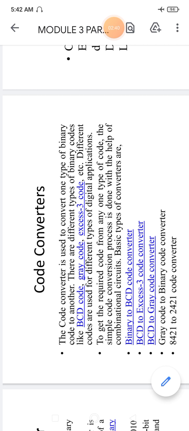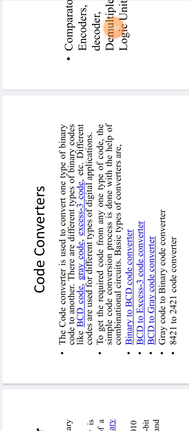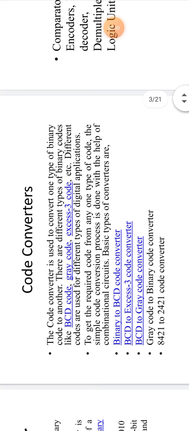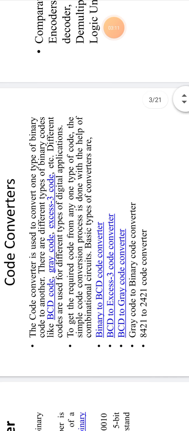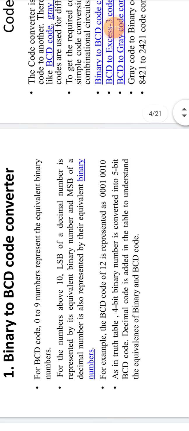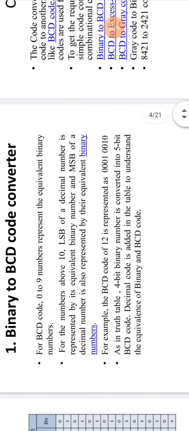To get the required code for any one type of code, the basic types of converters are binary to BCD code converters, BCD to XS3 code, and BCD to gray code converters. So first we study about binary to BCD, then BCD to XS3, then BCD to gray code. Okay. So first we study about binary to BCD code converters.